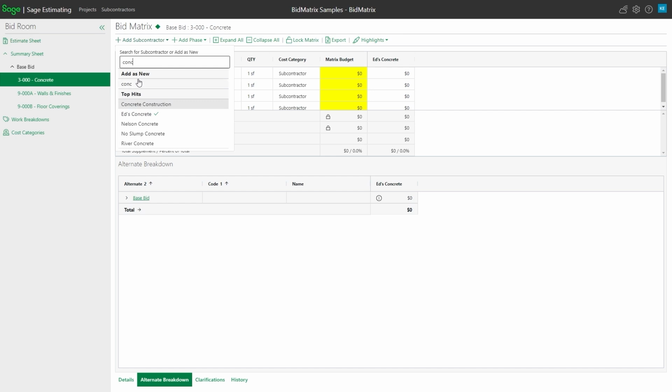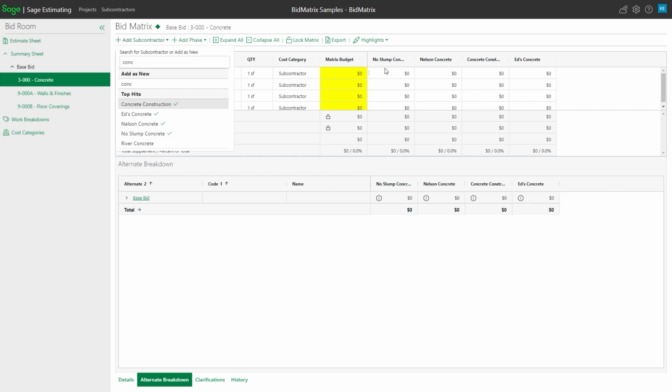If I said add as new, that would add conc as if it was a separate subcontractor itself. So it's very quick to search your existing database and create new ones while I'm sitting there working, because there are many times I might be doing this on bid day where I might need to add somebody because I wasn't expecting them to give me a bid. You can also come in here and click multiple ones and put multiple ones up at the same time.